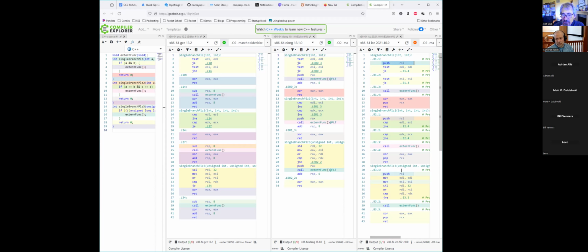Test, jump, test. If you just skip the RSI, except maybe around the call to an external function, no, there's no call for that. So if I go look over at GCC, it pushes and pops around the call to the external function by subbing RSP, right? Now, why did it do that? I don't know. Probably some of its calling convention demanded a hole in the stack. Were you talking about the right on line 31? I was looking at the right at line 3. The right one's line 3. If I go down to line 31, I see some kind of crazy crap, but I didn't pay attention to that.